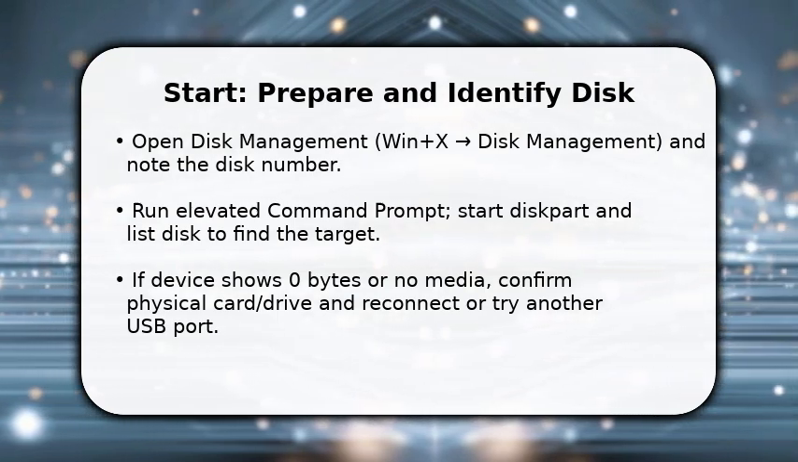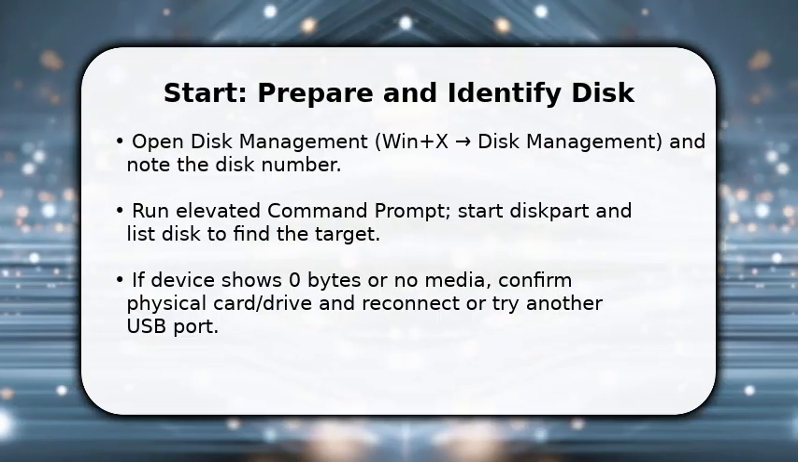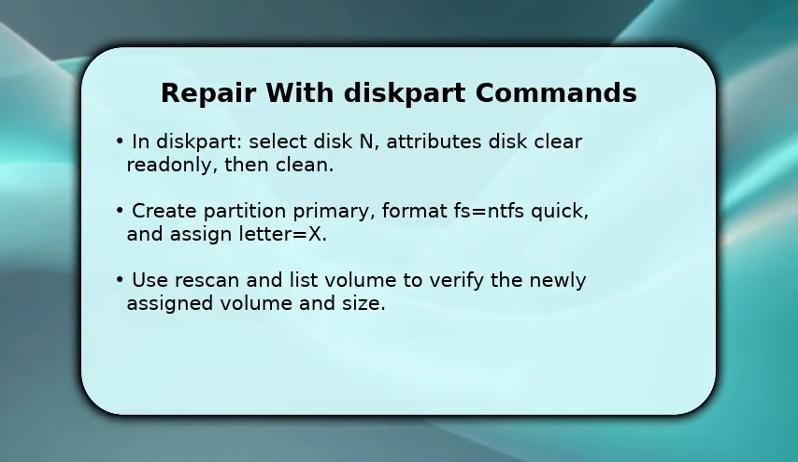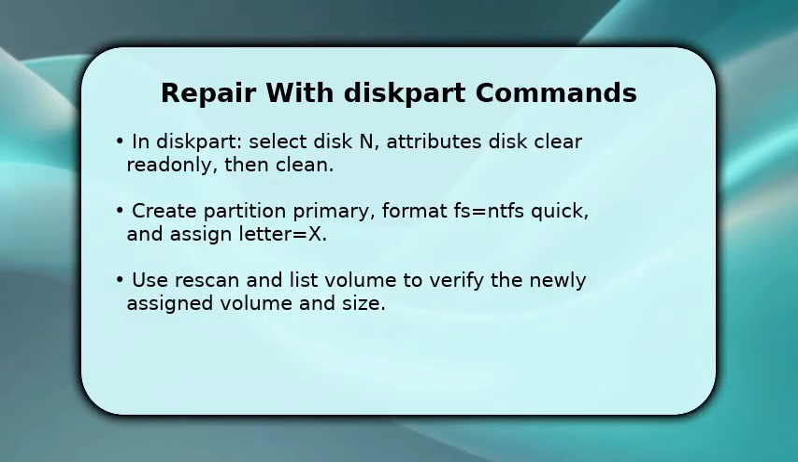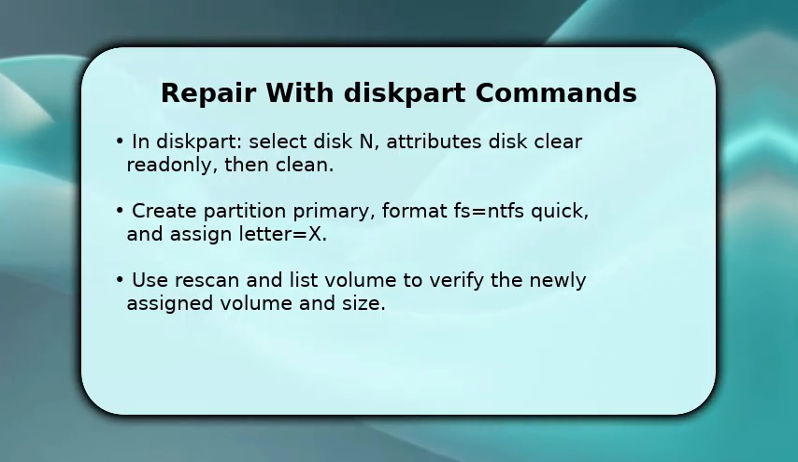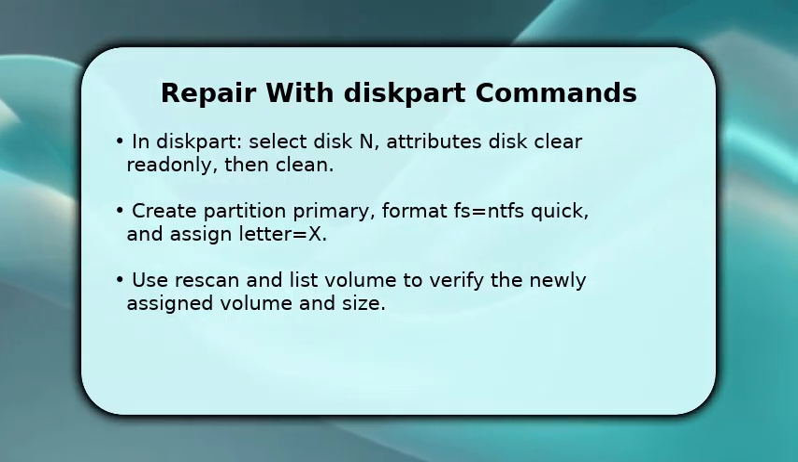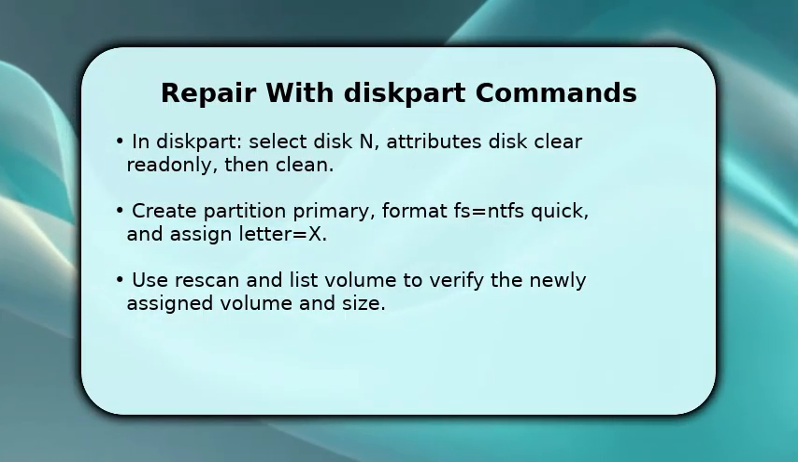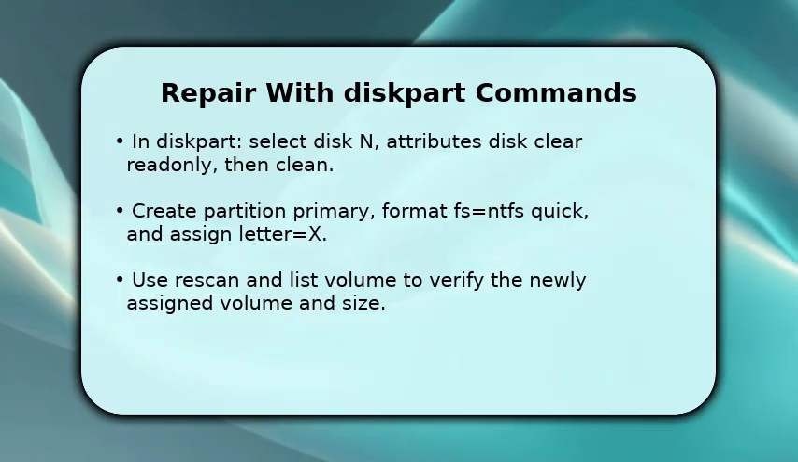Now you execute the detailed commands. In diskpart type, select disk N, replace N, then attributes disk clear read-only so Windows can write. Next, run clean to remove existing partitioning and metadata. This resets the device. Create a new partition with create partition primary, then format fs=ntfs quick or FAT32